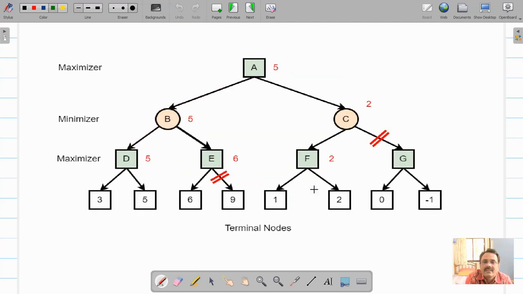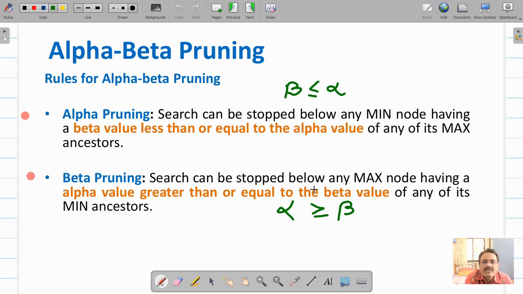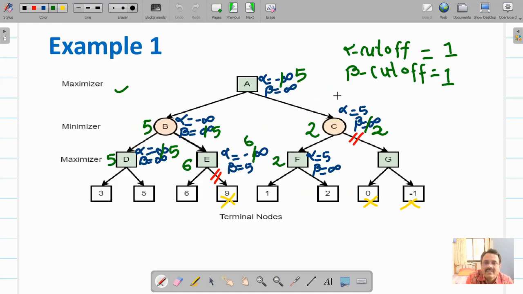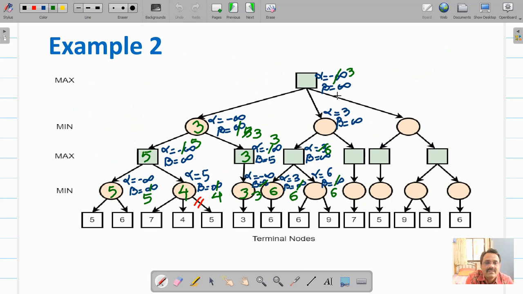Go back to the condition: if value of beta is less than or equal to value of alpha, it has satisfied that condition, then you will have to perform pruning out here. You need not have to check it further.